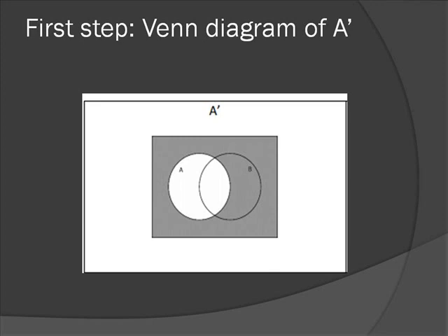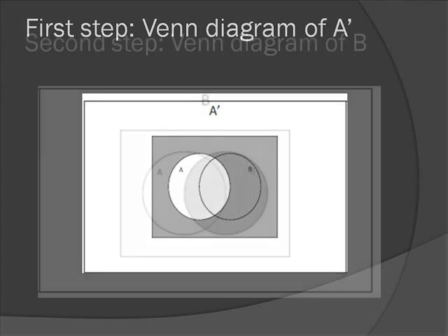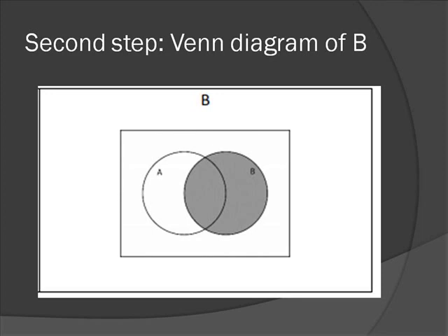So this is the Venn diagram of A complement. Now we will be drawing a Venn diagram for the set B as well, which will be on the next slide. This is the Venn diagram for the set B. Set B means we just have to shade the set B only. We will not shade the universal, we will not shade the A, we will just shade B. So this is the second step basically, in which we have drawn the Venn diagram of A complement and B. Since we have to find the intersection of A complement and B, now we will see both the diagrams clearly, and we will find an area which is shaded in both diagrams.